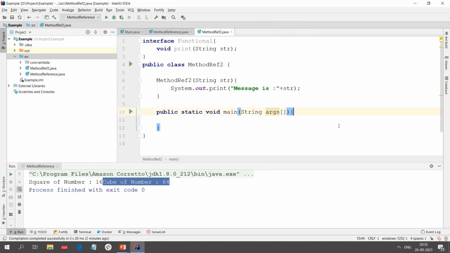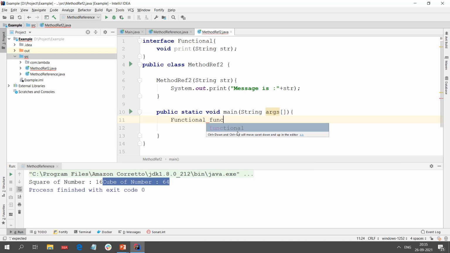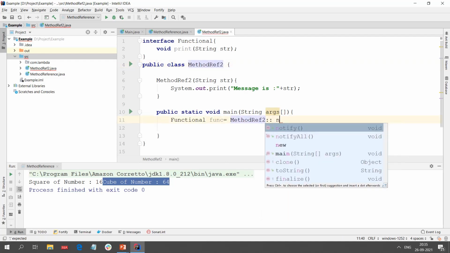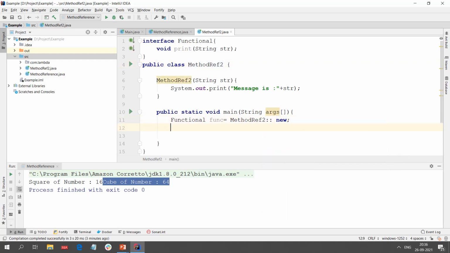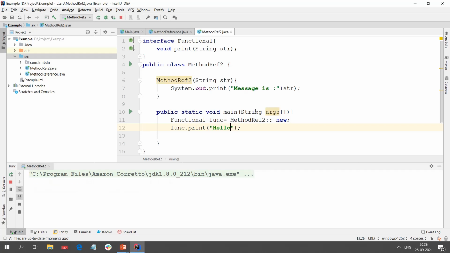So for calling the constructor, we need to create a reference object, let it call a func, and then we'll have the name of the class followed by double colon and new keyword. Then let's call the abstract function func.print and let me pass hello and let's run it. So here it is, message is hello.